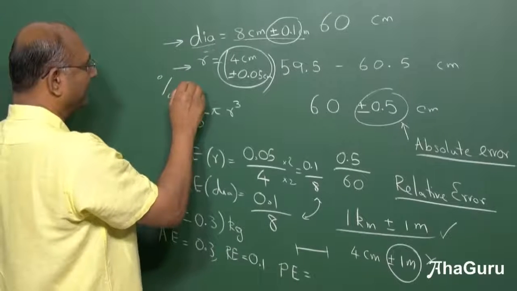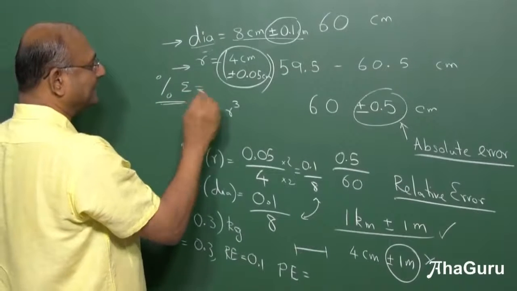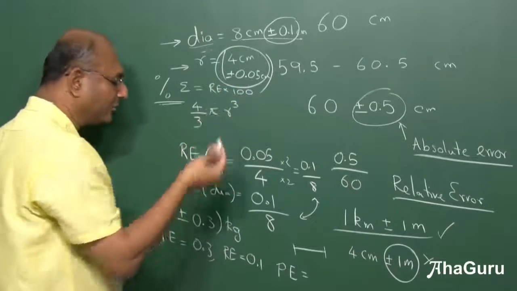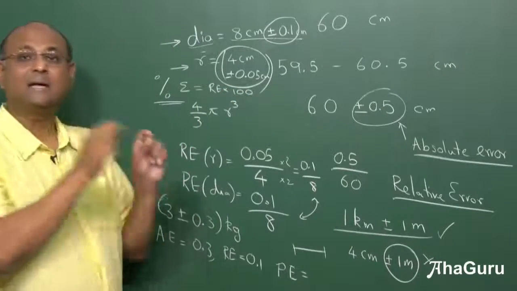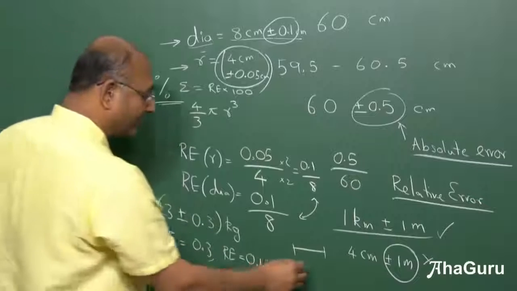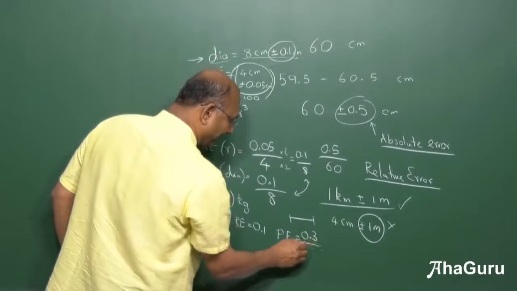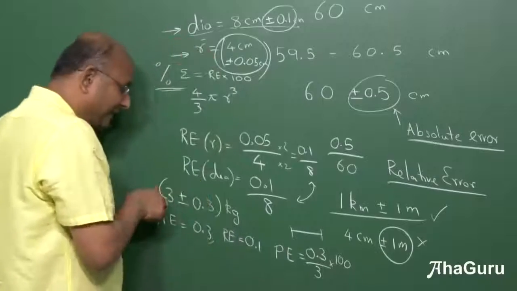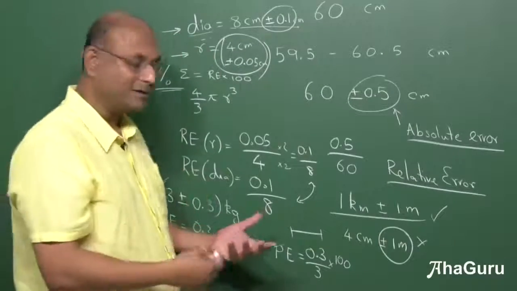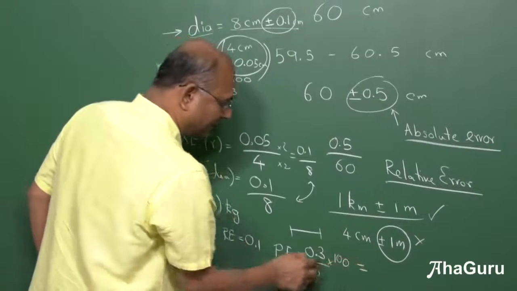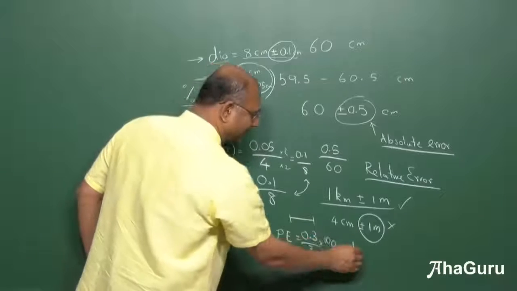Percentage error. Now what is that? That is actually relative error into 100. It is a way that you find percentage. How big is the error compared to 3 as a percentage? So it is 0.3 by 3 into 100. That is, if this was 100, how big would that be? That is the question. For 100, what is the error? Okay, so you can see that it is 0.1 into 100, which is 10%.